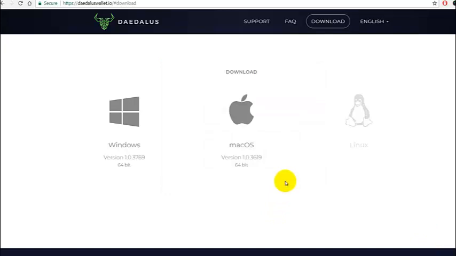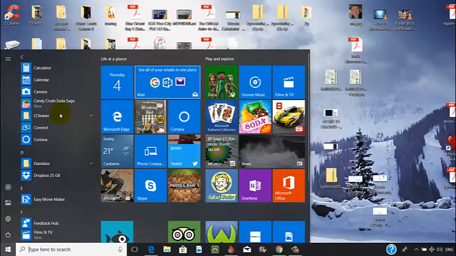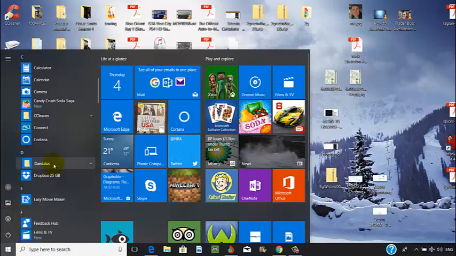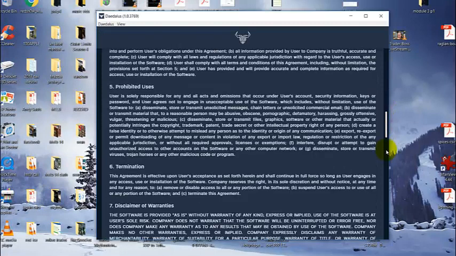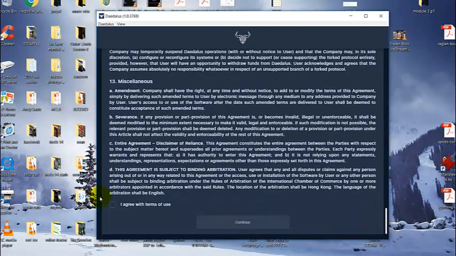Now we'll go to the desktop and find its icon. Okay, so you open up here and you go to D for the wallet and you click on that, and then you click on that. Now you've got to agree to all this to use the wallet, so you click the box and go